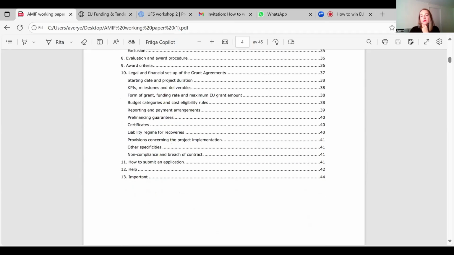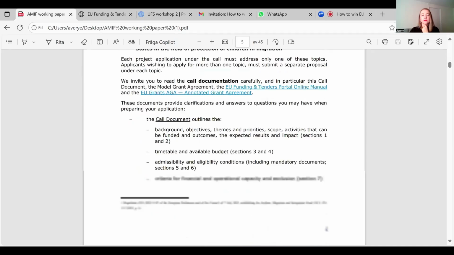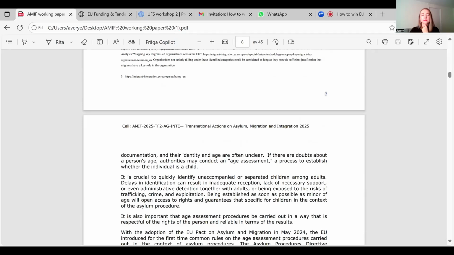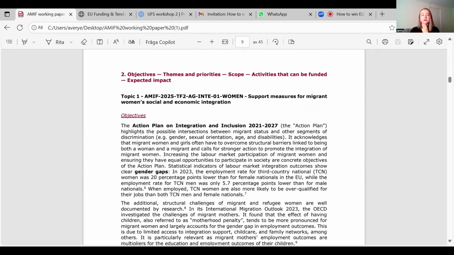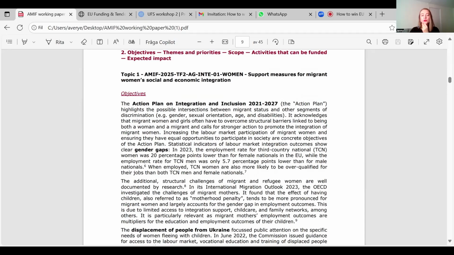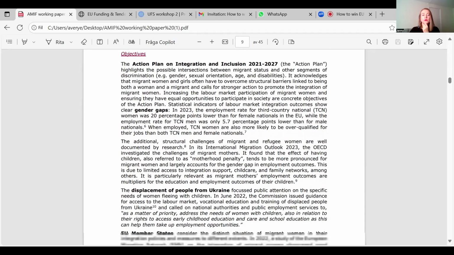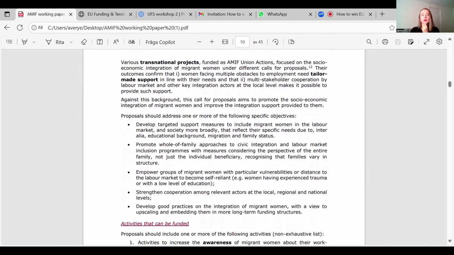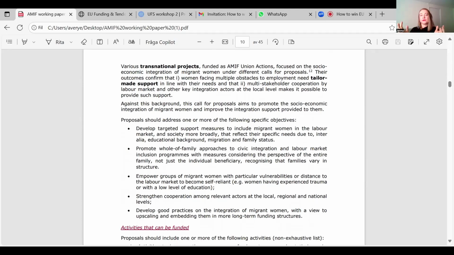So basically, when this call was out, we read exactly this. Topic one was about women, and it was focused on Ukrainian women. This grant gave us directly the priorities, what they want to develop. They want a transnational project. They want tailor-made support for women in order to ensure their integration in the labor market,